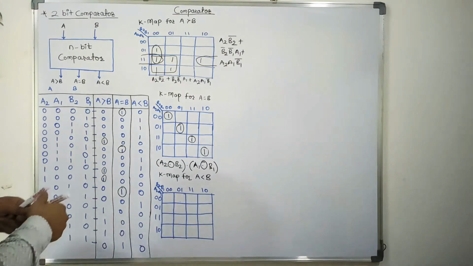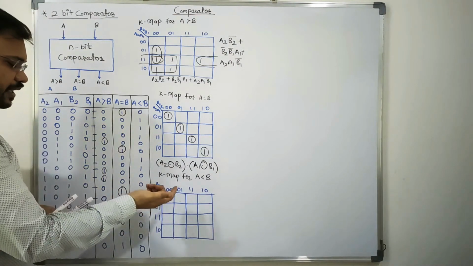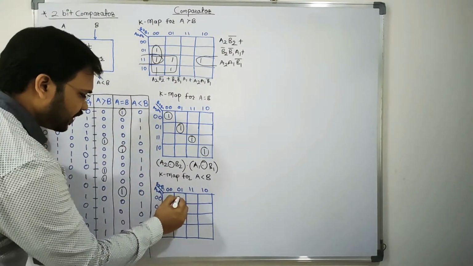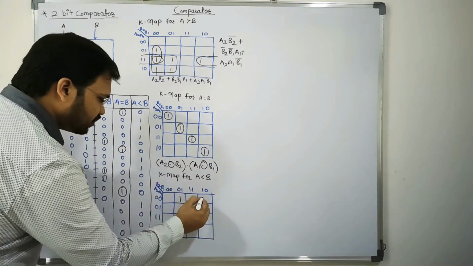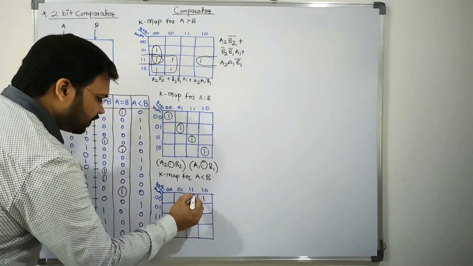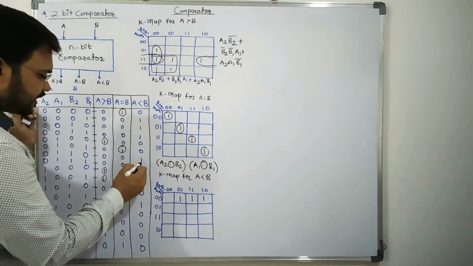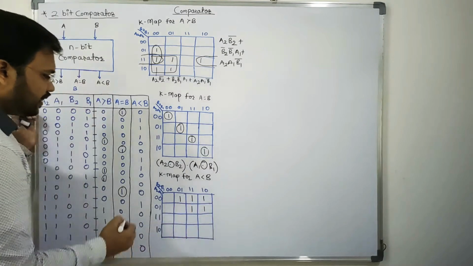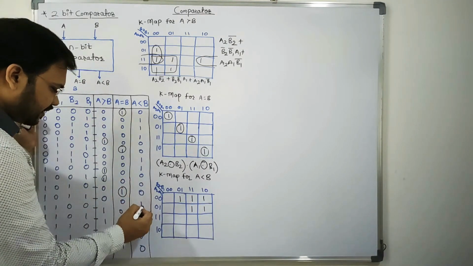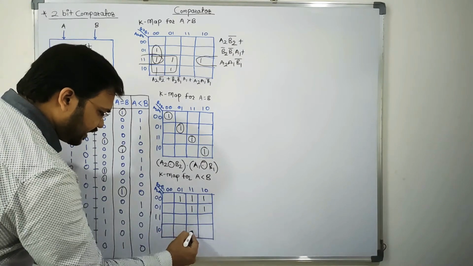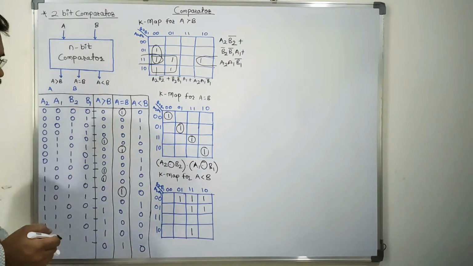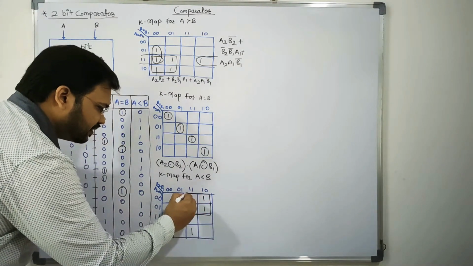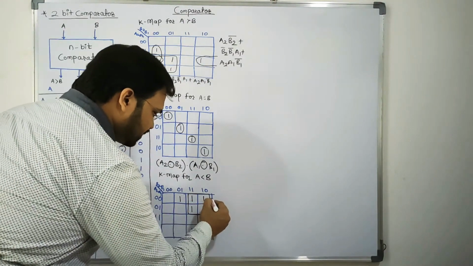Okay, next is the third one, that is K-map for A is less than B. So here that value we have to put 0 1, so next is 1 2 3, so here 2 3, next for 4 5 6 7, next is 8 9 10 11, so 8 9 10 and 11, so remaining is 0. So again we have to go for quadrant first. So here the grouping of quadrant, we have to do the grouping of quadrant at first in this case.